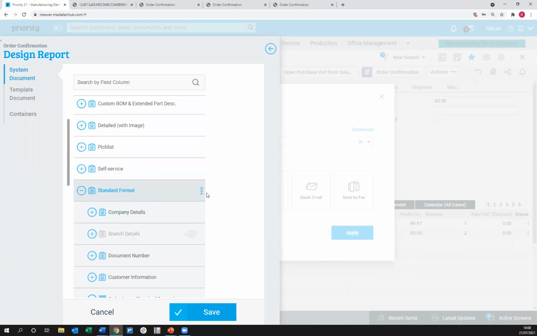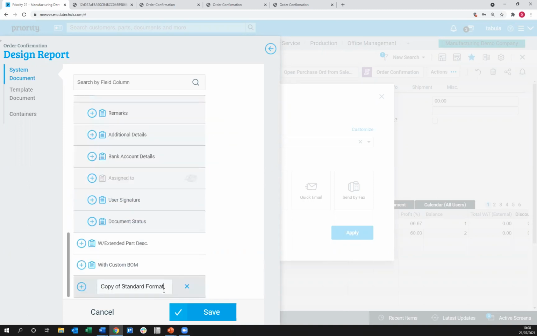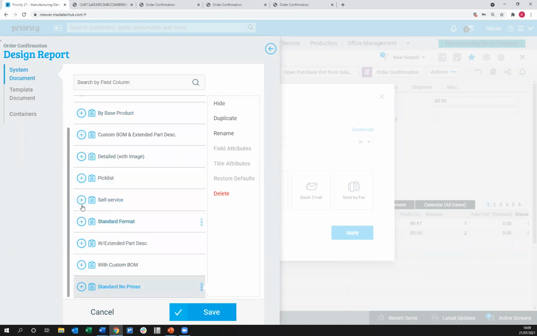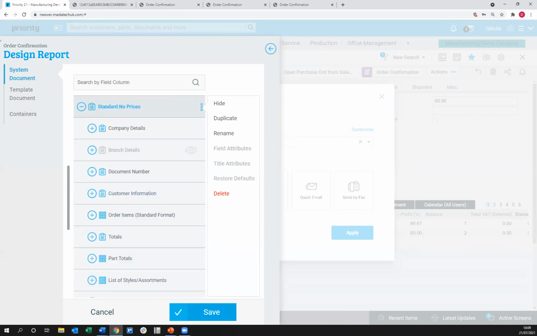So what we're going to do is duplicate this one here, and we're going to call it standard no prices. I'm going to click away, and that should be saved. And it's here at the bottom. So if we open that out now,